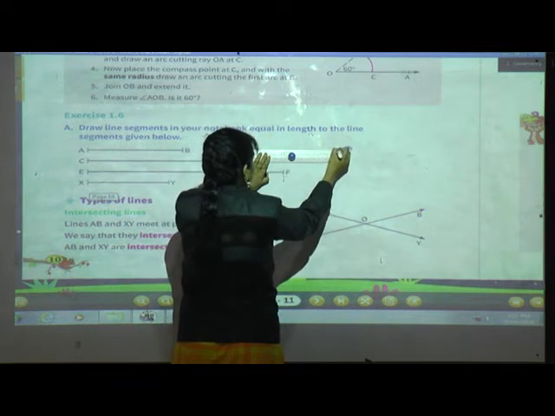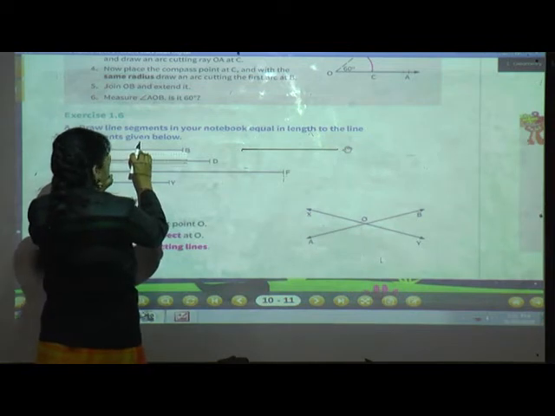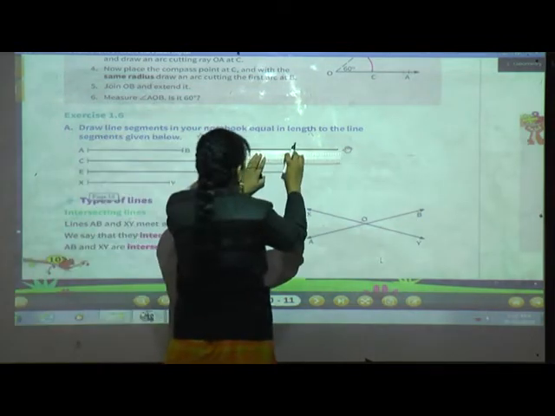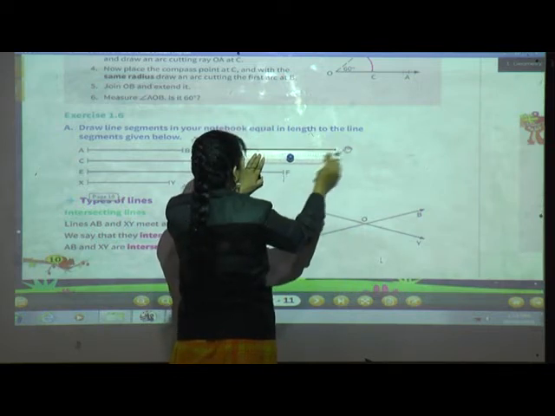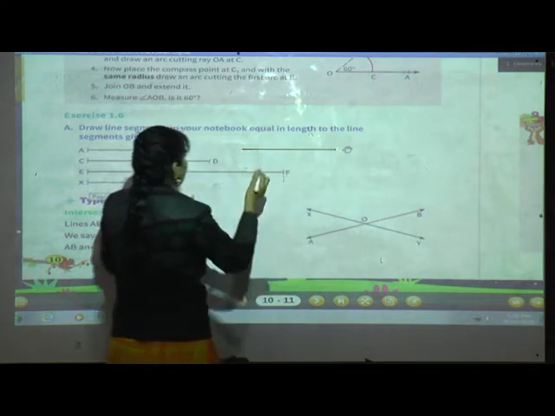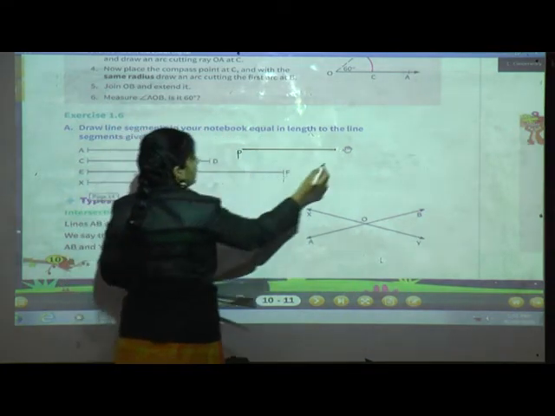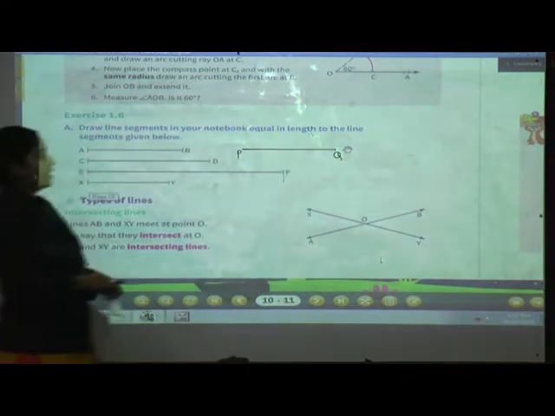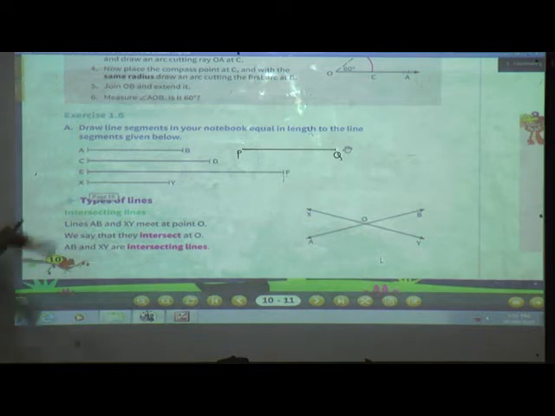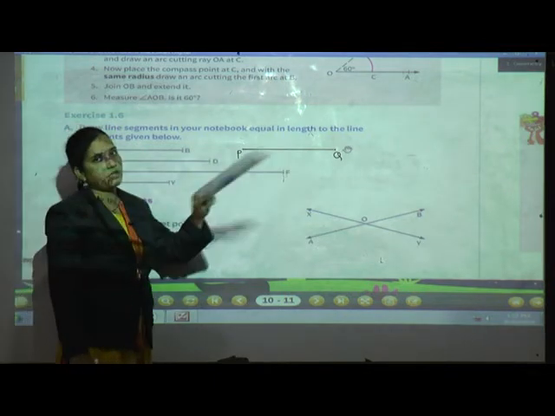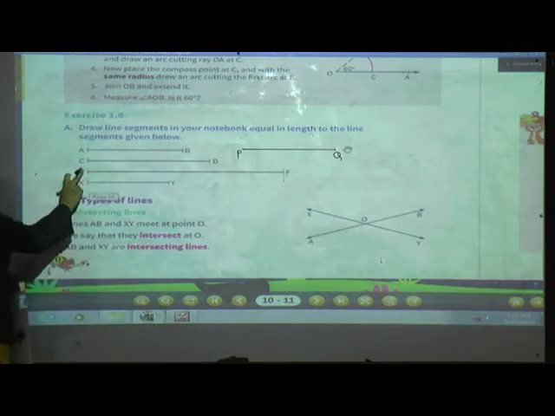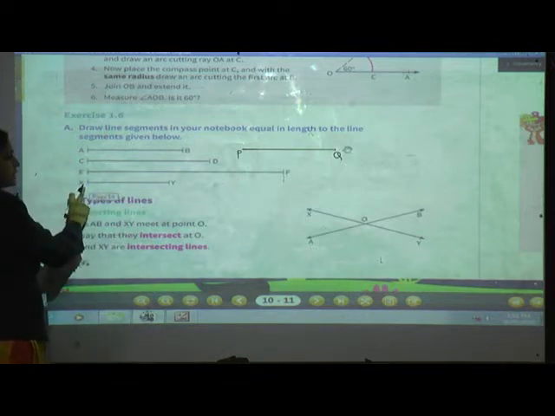See, like this. See, here my measurement is different and in your textbook it will be different. Here it is 36 centimeter, but in your textbook it will be different. So draw it, name it PQ. Again same procedure you have to do. You just have to measure segment CD and draw another segment in your notebook. Again measure segment EF and draw it. Even XY also the same.